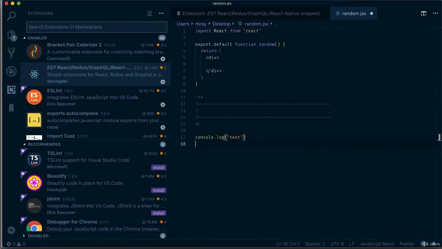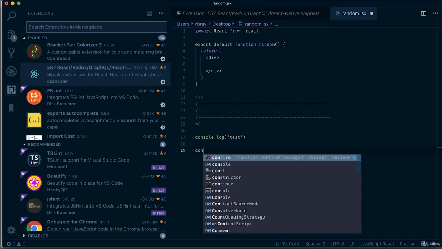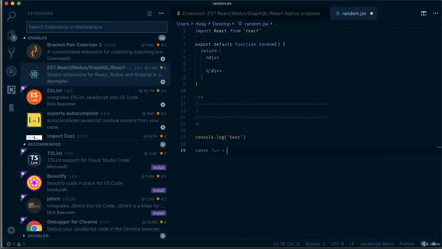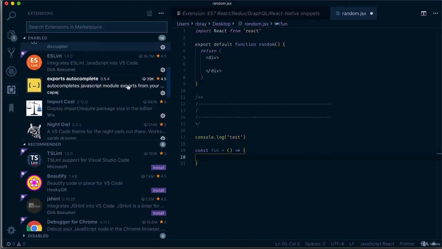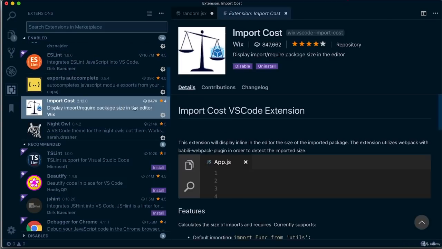If I were to write triple equals, as you can see, it's 3 lines instead of 3 equals. If I write not double equal, as you can see, it's 3 lines with a slash in front of it. This makes the code a lot more readable, especially when writing fat arrow functions in JavaScript. A bit like that. Okay, another plugin I find incredibly helpful is the import cost plugin, and this helps me